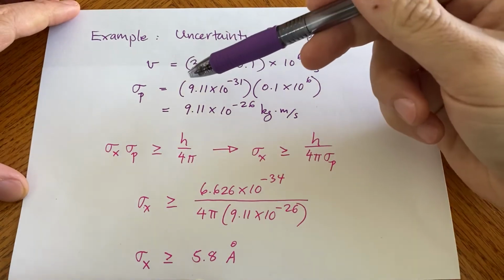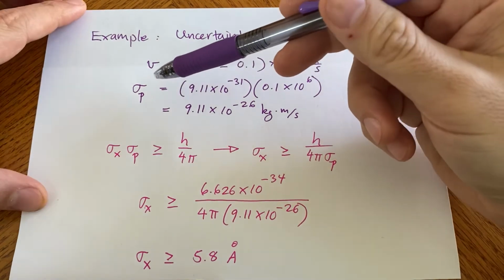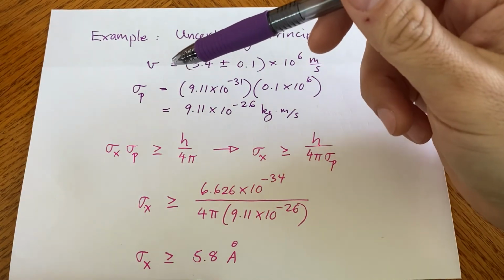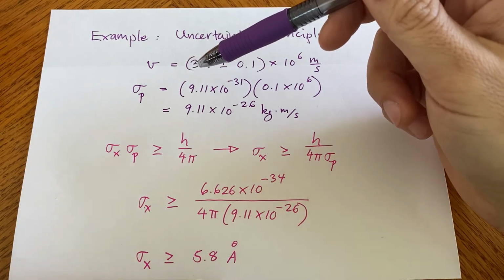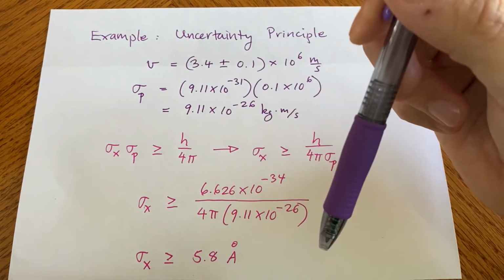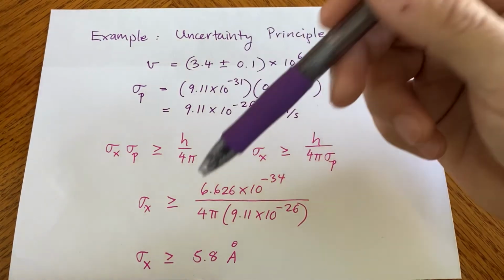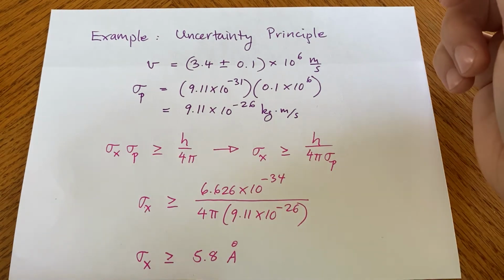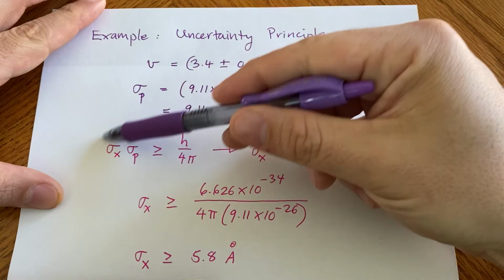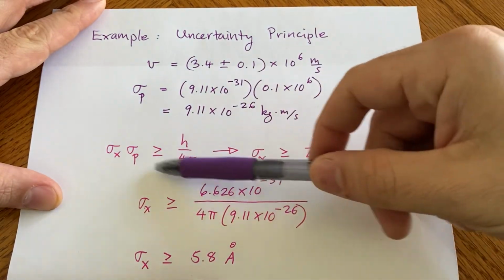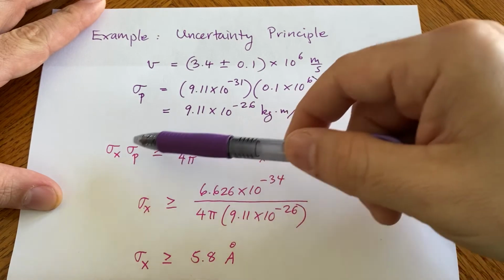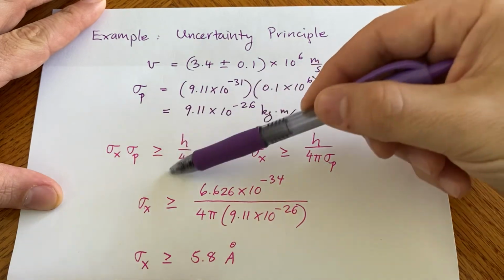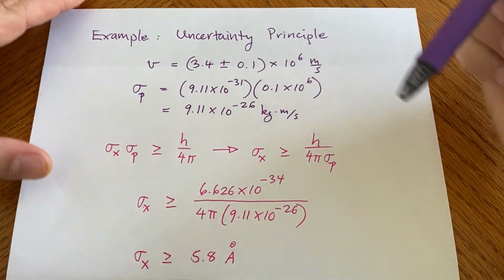So what does this mean? Well, it means that we have a certain precision to our momentum measurement that is going to lead to a certain precision in our position measurement, if we were to try to state exactly where the electron was, if we try to localize where it is. And that's given by the uncertainty principle. So we have the uncertainty principle written here. Sigma x is uncertainty in position, sigma p, uncertainty in momentum. That product always has to be greater than or equal to Planck's constant divided by 4 pi.